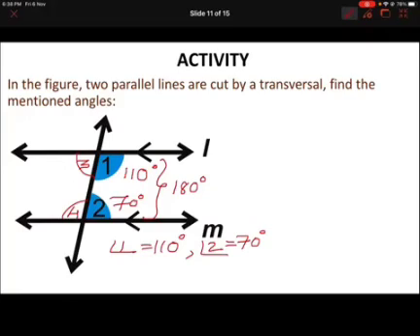Fine. Then how do you find angle 3? Angle 3 is 70 degrees. How do we know this? The reason is angle 3 and 2 are alternate angles, or angle 1 and 3 form a linear pair. So 3 has to be 70 degrees. In that case, 4 will be 110 degrees. Their sum is again 180 degrees because they are co-interior angles or consecutive interior angles. Okay, children?